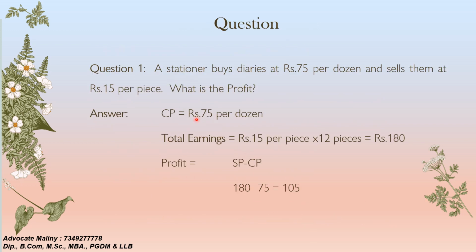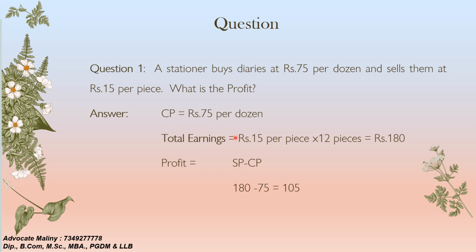This is the first question. A stationer buys diaries at rupees 75 per dozen and sells them at rupees 15 per piece. What is the profit? You have to notice here that rupees 75 is per dozen and rupees 15 is per piece. So the cost price is 75 rupees per dozen,